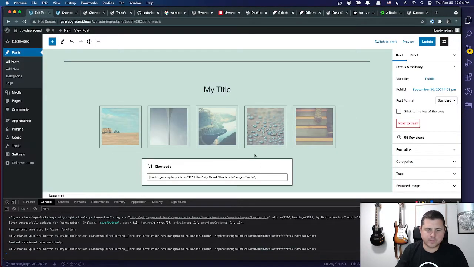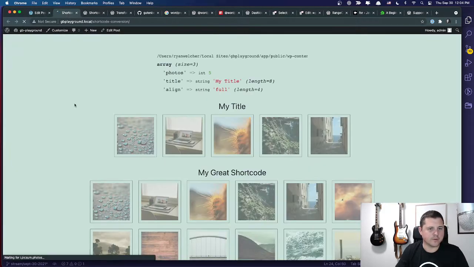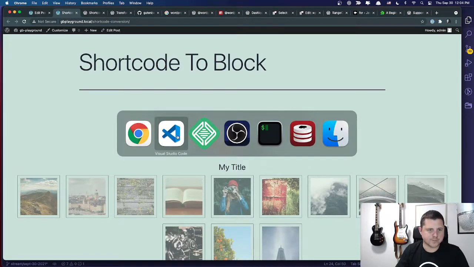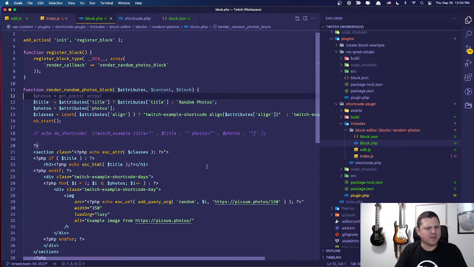Oh, you know what? Let's put in a bunch. I'll update that. So it is going full width there now. So there we go. I'm going to get rid of this var dump. There might be a cleaner way of doing that, but